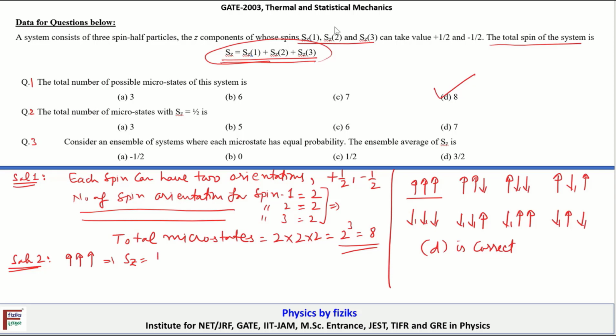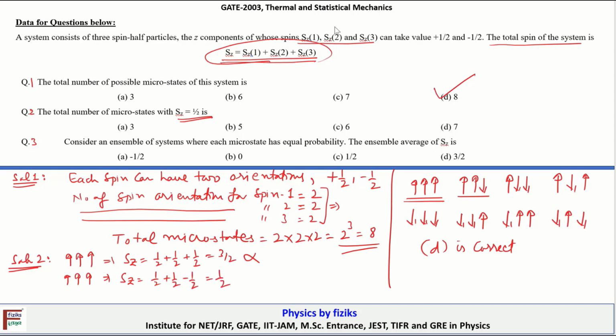Sz1 here is 1 by 2, and 1 by 2 for all 3 spins, so that is equal to 3 by 2. So basically we are not interested in this configuration. We are only interested in the configuration where Sz turns out to be 1 by 2, and that will be obtained when 2 spins point in the upward direction and one of them points in the downward direction, for instance this one. For this case let me evaluate the corresponding Sz value. Sz will be 1 by 2 plus 1 by 2 minus 1 by 2,